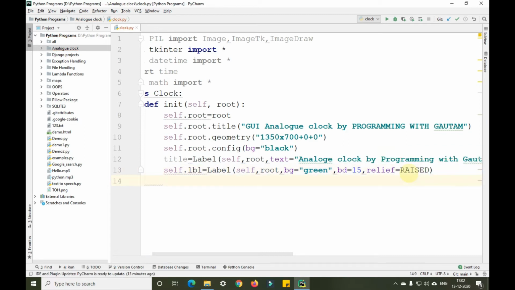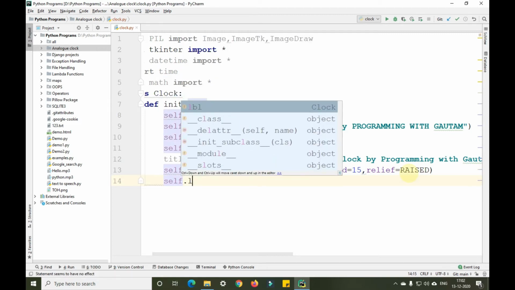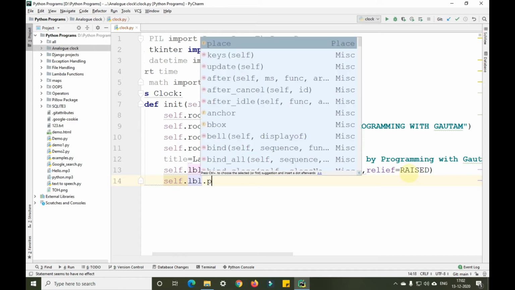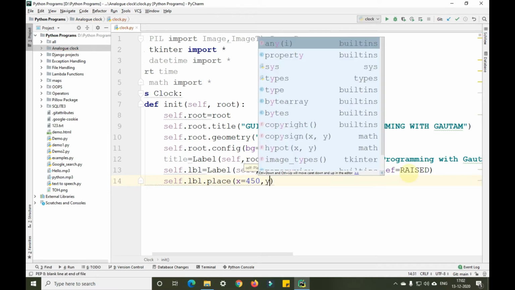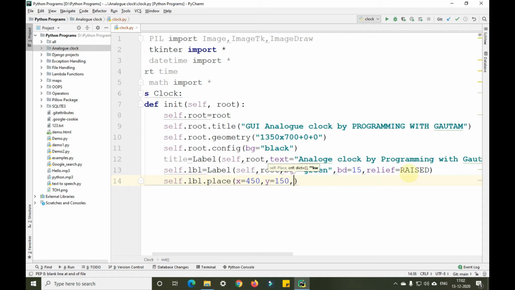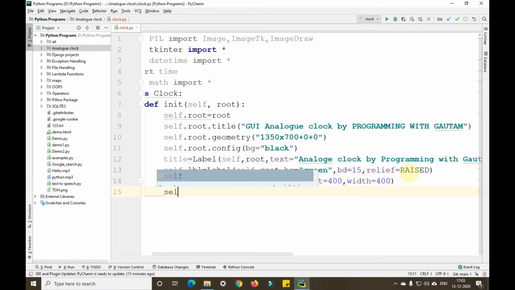Okay, what is that and all, I'll be telling you further, guys. Now self.lbl.place, we'll place this particular label, x equals 450, comma y equals 150, comma height equals 400, comma width equals 400. Self.working.